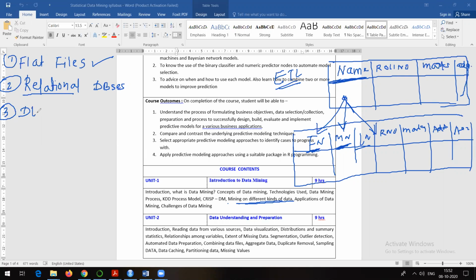Another thing is data warehouse. We already saw that. Data warehouse is also a database. It stores historical data, and the size is generally huge. Then there comes another data source that can be called a transactional database. Now, what do you mean by transactional database? That means